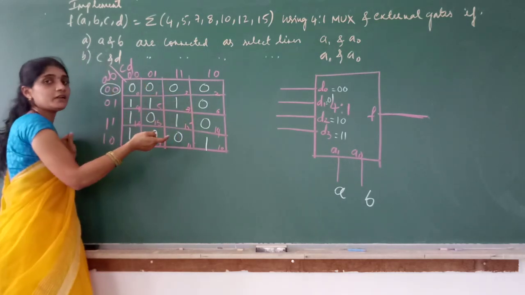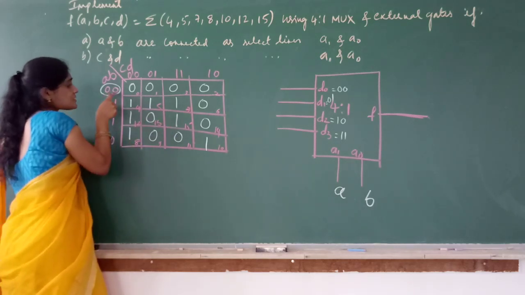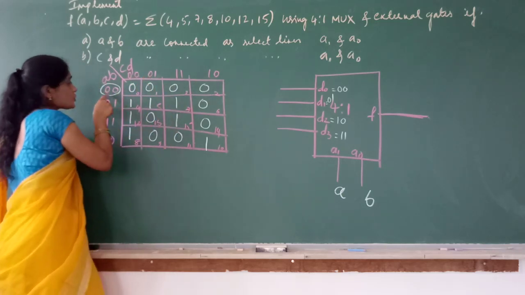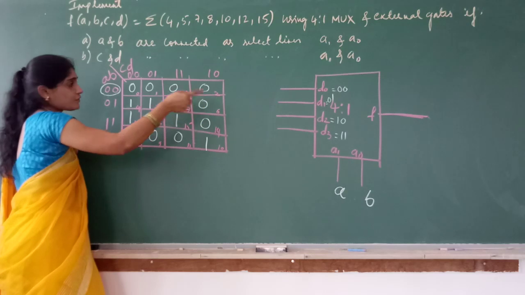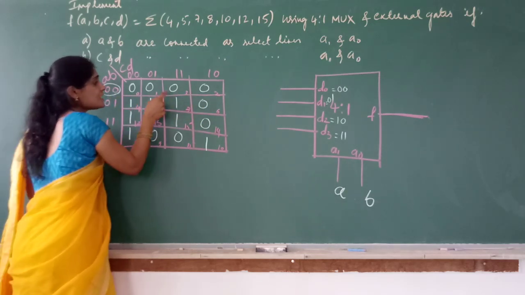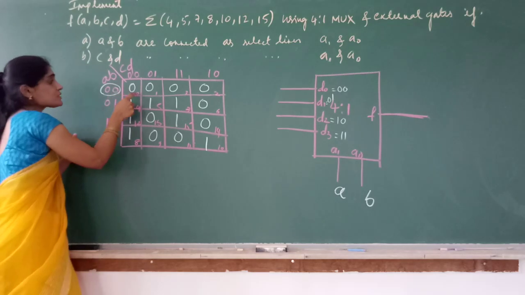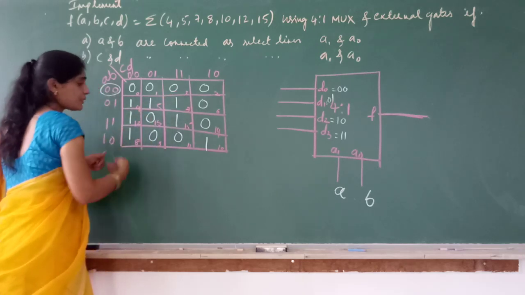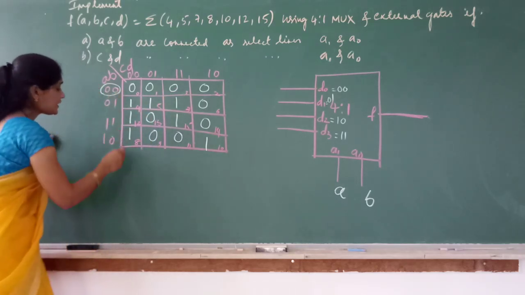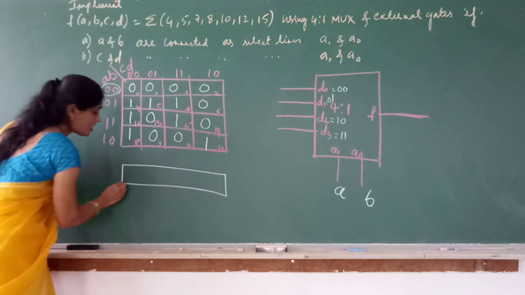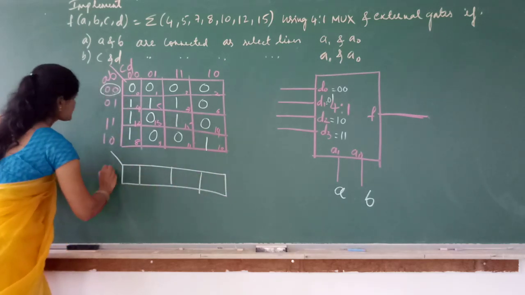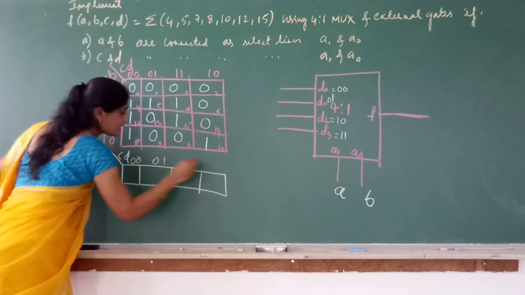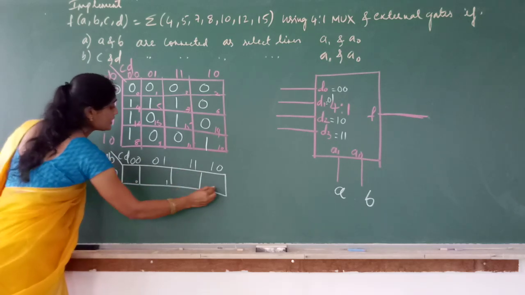You can even write the truth table method and cross check. AB will be 0, 0 for 0, 1, 2, 3, whereas only CD will vary: 0, 0, 0, 1, 1, 0, 1, 1. So when AB is 0, 0, D0 will be transferred. So I have to concentrate on these cells to decide what D0 is. I'll write this particular row separately, only for D0. This side is AB and this side is CD: cell numbers 0, 1, 2, 3.